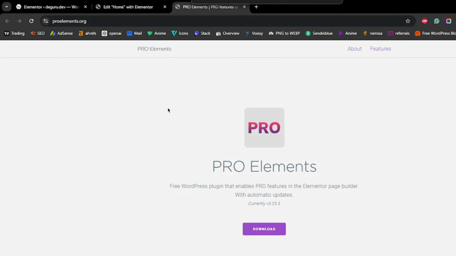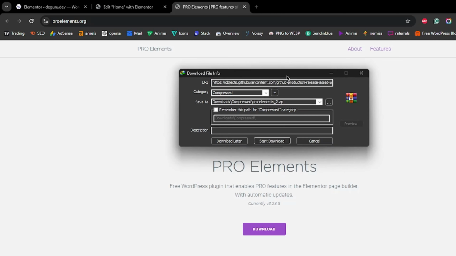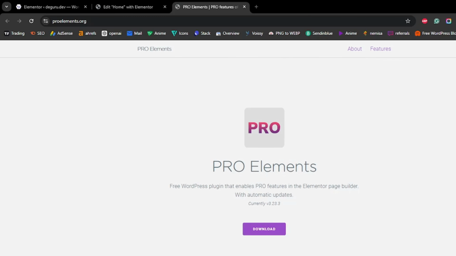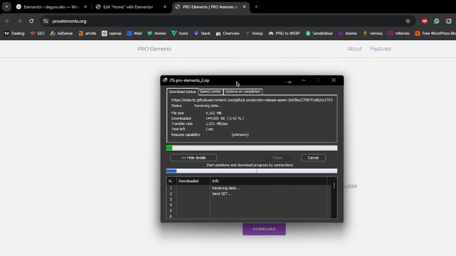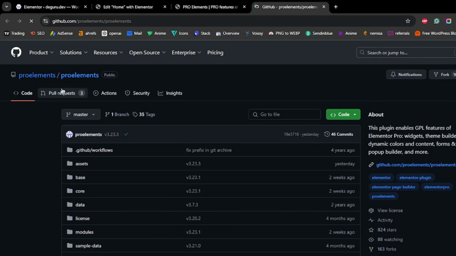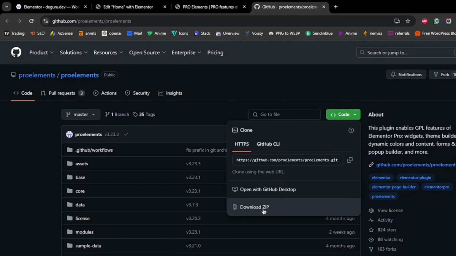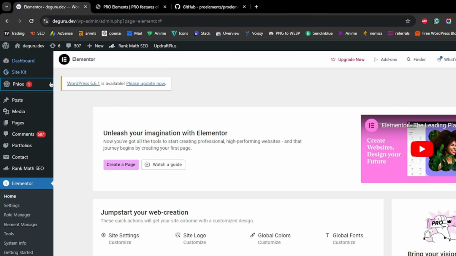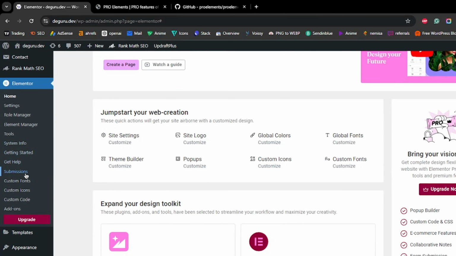I'll leave the link in the description and then click here on download. It will download this zip file here, which is the Pro Elements plugin. It's about 4 megabytes. So alternatively, you can go to GitHub and then click here on code and then download the zip. It's the same plugin. So once you have downloaded the plugin, you need to go back to your dashboard and